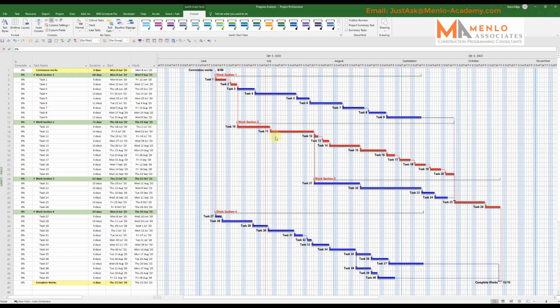Now, when you start a job, the very first day you start on the job, this is your baseline program. This is how you plan to do the job for the entirety of the project. At the end of the first month or the first week, or wherever you're doing your status date, you will ensure that you have included any delays or things that have changed or have affected the program in some way. And to give you an example of that, let's say here,